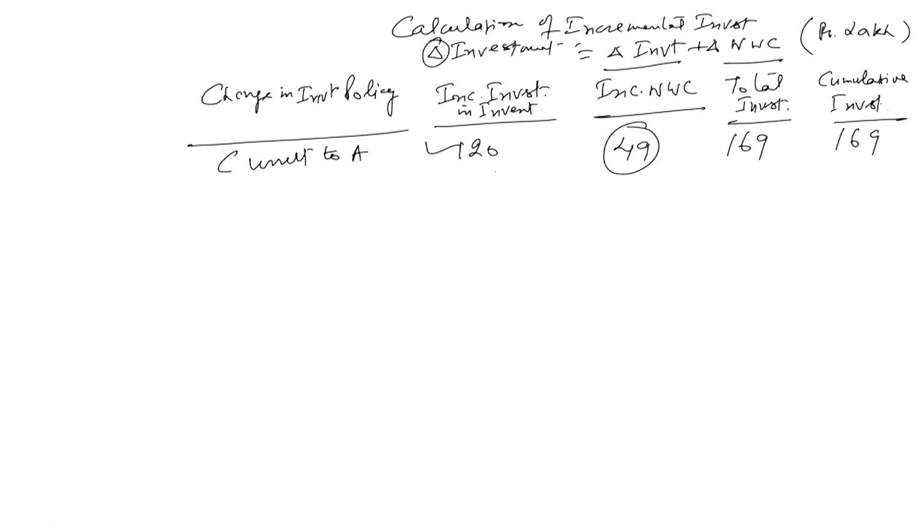So, this way we will calculate the change in the investment for all the policies, from current to A, B to C, C to D, D to E, and then we will see how much incremental investment is there, how much incremental profit is there, and what is the difference between the expected rate of return and the required rate of return, and whether we should go for any policy change or not, and if we go, then from current to where, A, B, C, D or E. That will be the question to be answered